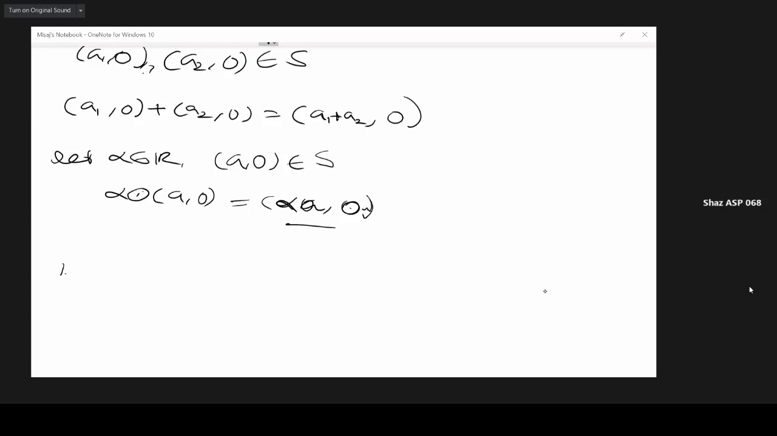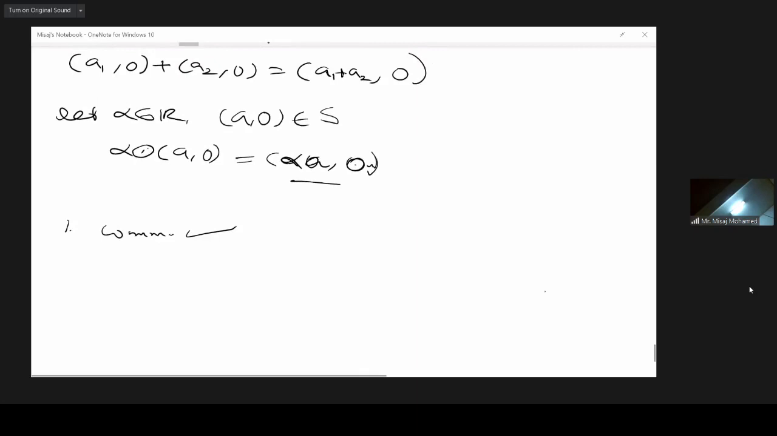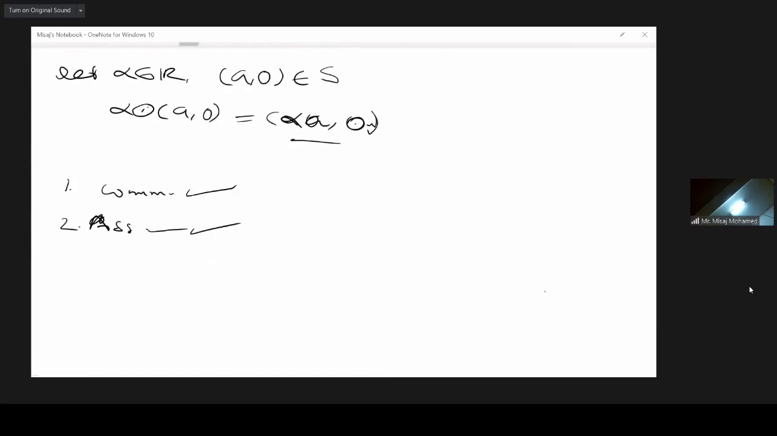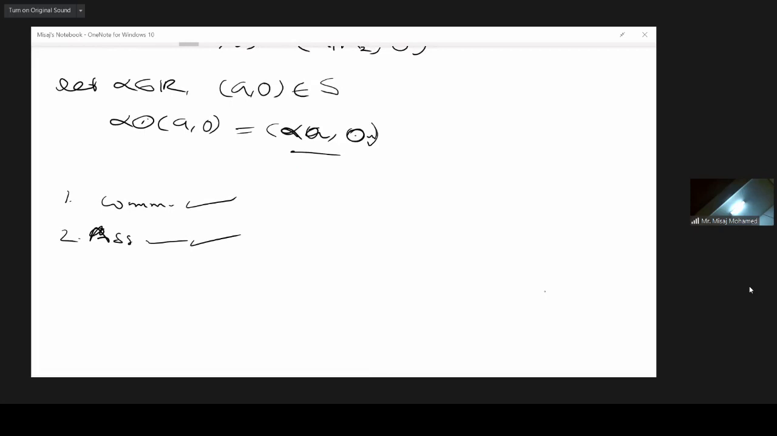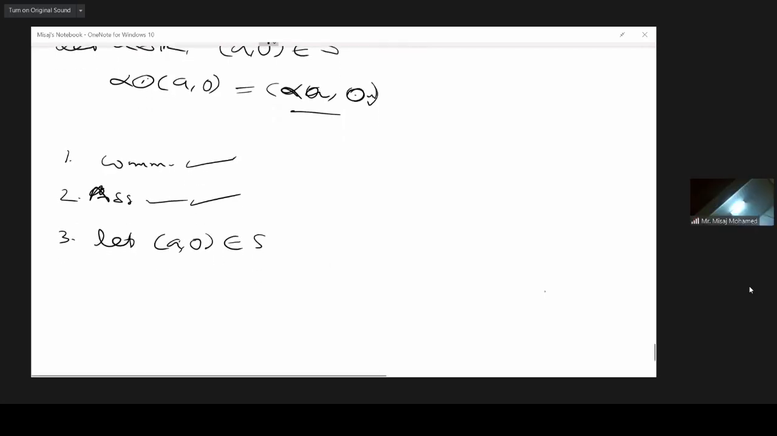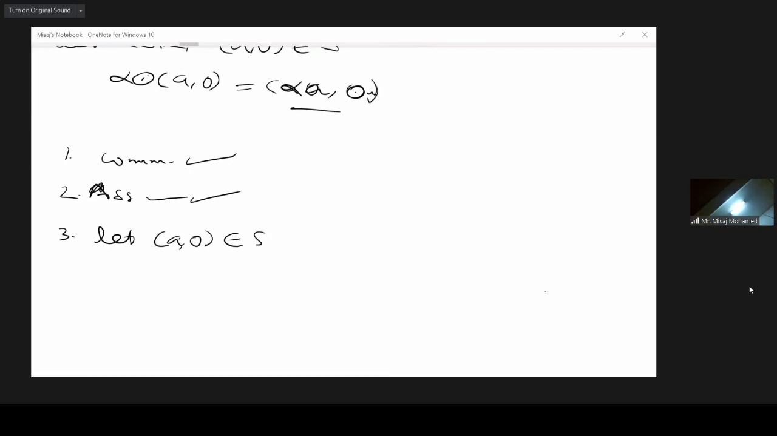Yes, sir. Commutative law satisfied. Right. Associative law. Yes, sir. Right. Associative satisfied. Right. Next one. Identity. Inverse. Yes, it's okay. Huh? Inverse. Let a comma 0 is in S. Any element a comma 0 is in S. Then definitely,